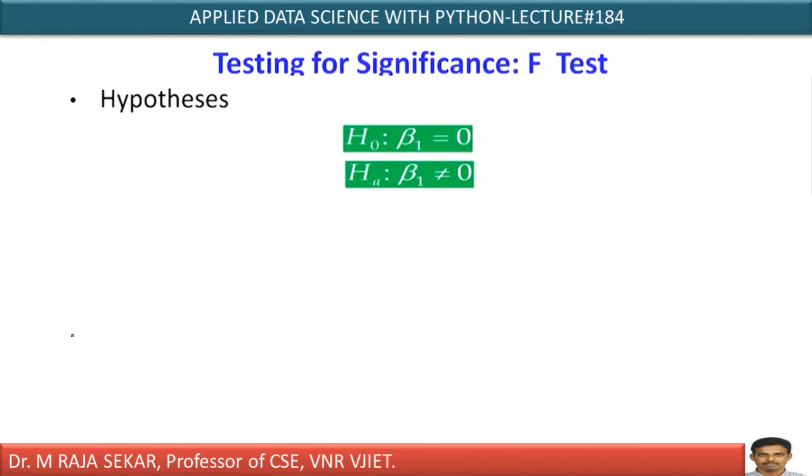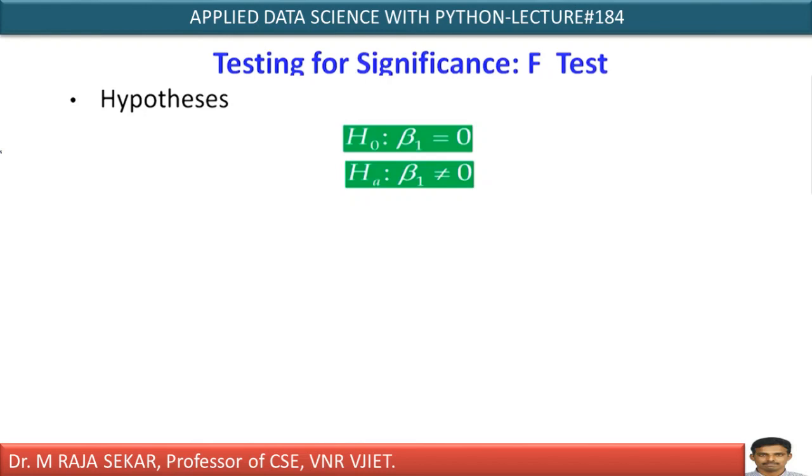What does it mean? In our previous lectures, we used the T test. What will happen if the number of independent variables is more than 2? For example, if there are 5 independent variables, then you have to do 5 individual T tests. As we discussed, whenever you are comparing more than 2 independent variables, you have to go for ANOVA, that is